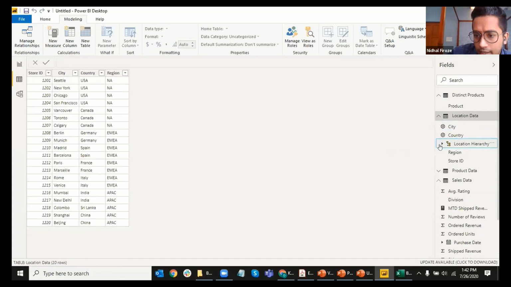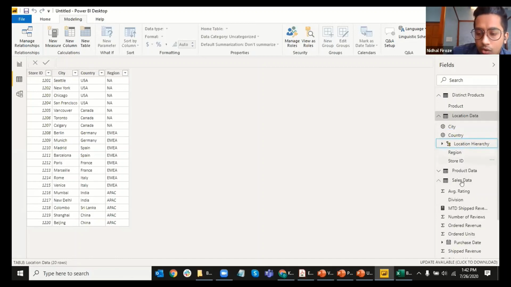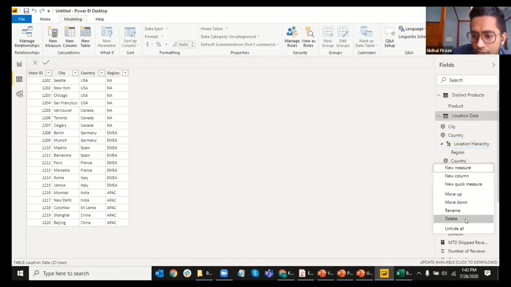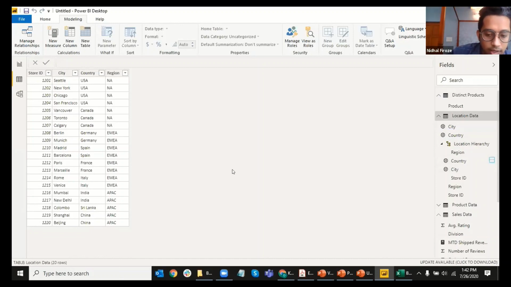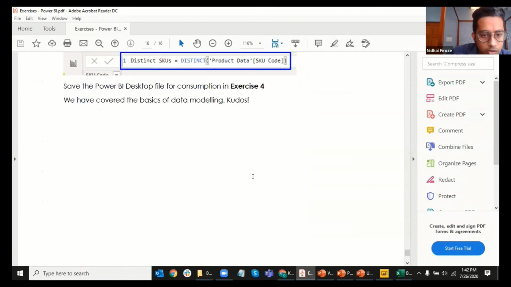I created these hierarchies. So you can see all of them staying as standalone ones, and you also see a hierarchy one. We'll explain more about the usage of this, but for now, just understand how to create the hierarchies. Like I said, if you want to change the order in which it was created, you can just use the move up or move down. I believe that is all that we had, and we also did the